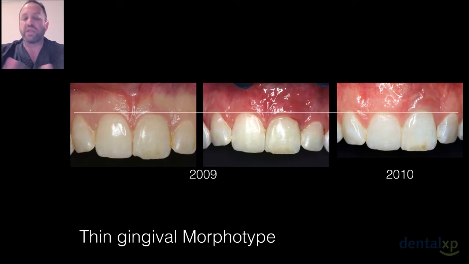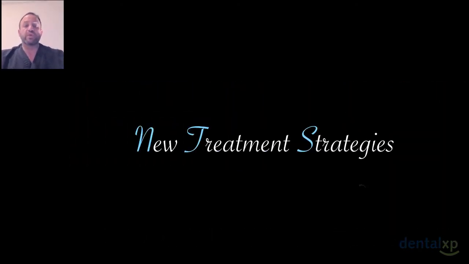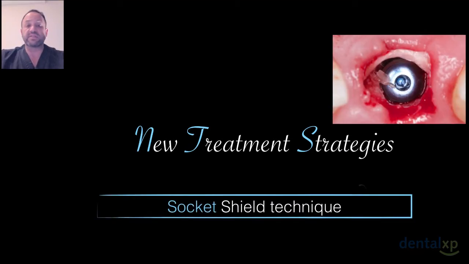They don't work as well as with single teeth, because we need papilla in order to bring the tissue down, and we lose papilla the minute we take out multiple teeth. Also, with thin gingival morphotypes, is there not another technique? This is where we can start talking about new treatment strategies. And the new treatment strategy that is, in my humble opinion, really phenomenal is